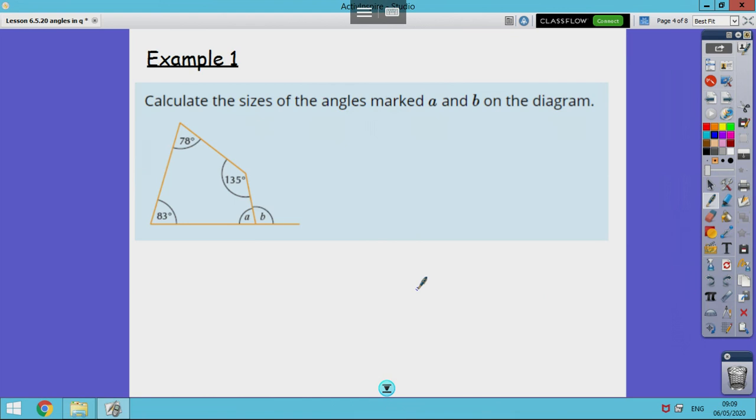So what I would do is I would add together the angles that you do have in the quadrilateral. So I would add together 83, add 78, add 135, and I would work out what that was. Now give me a moment whilst I type that into my calculator. So 83, add 78, add 135, that gives me 296